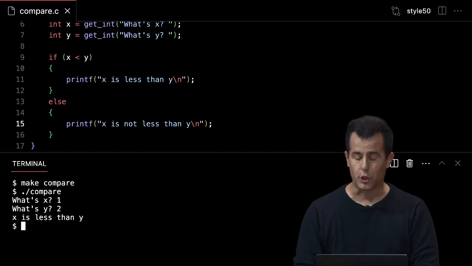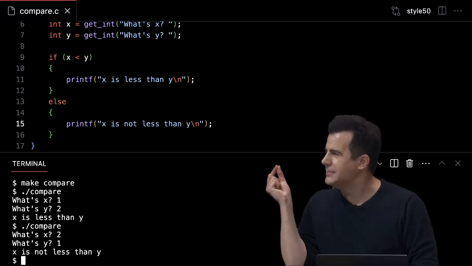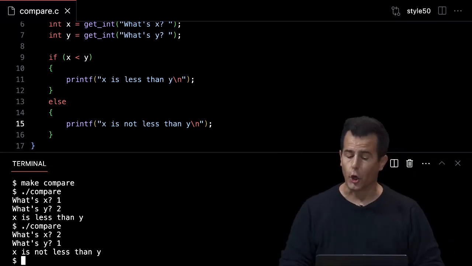Now if I do 1, 2, I still get the same answer. If I rerun ./compare 2, 1, I now get the opposite answer. It's not as good as might be ideal. It'd be nice to know if it's equal to or greater than, but at least that's all of the code that we have here. And just to now paint a picture, if I go back to my control flow diagram,